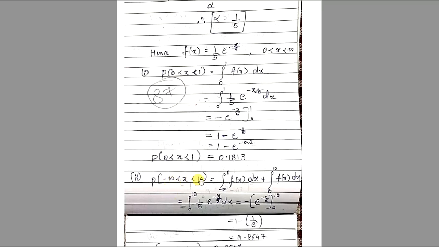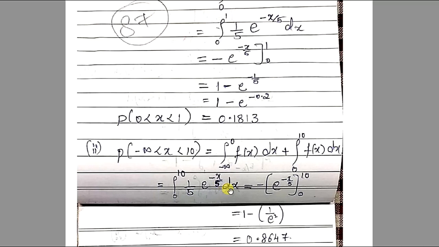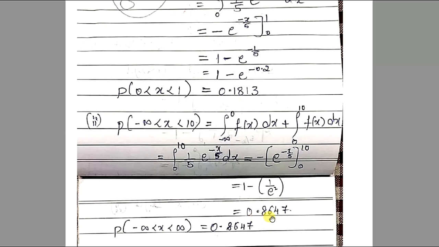Now here, what is asked is from minus infinity to 10. See, from minus infinity to 10 can be split into two intervals. Minus infinity to 0 is one interval, f of x dx, plus 0 to 10. Anyway, for the negative values of x, it is defined to be 0. Directly I can make this first integral 0, and in the second integral I can simplify. What is f of x? For the positive values, f of x is 1 by 5 e to the power of minus x by 5 into dx. Now take 1 by 5 outside, integrate and apply the limits, you will get 0.8647.